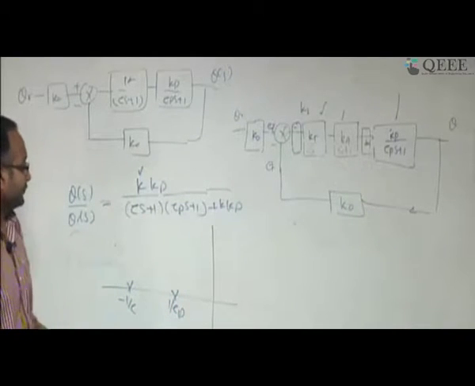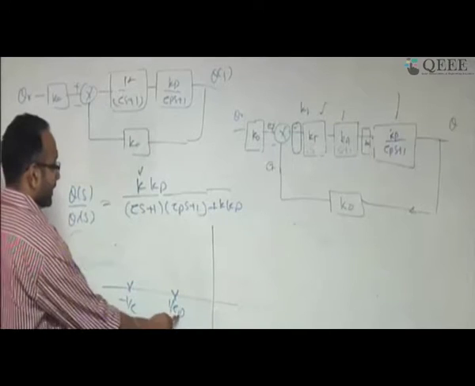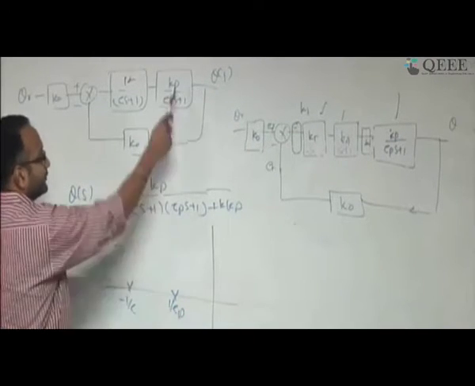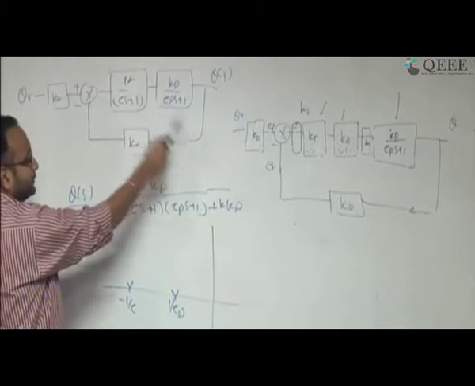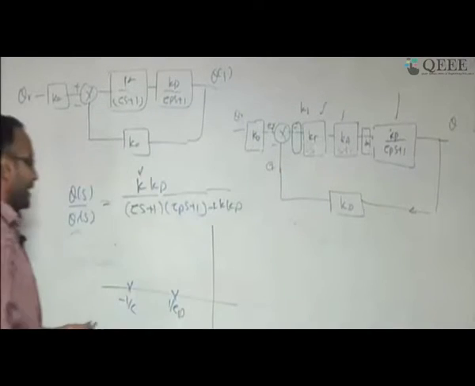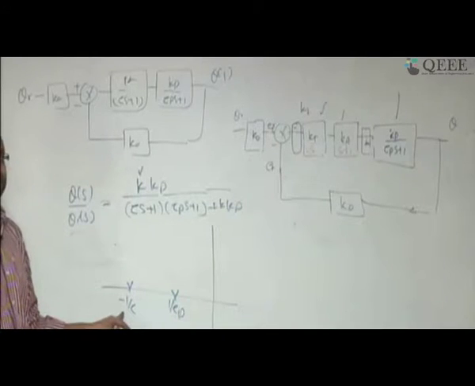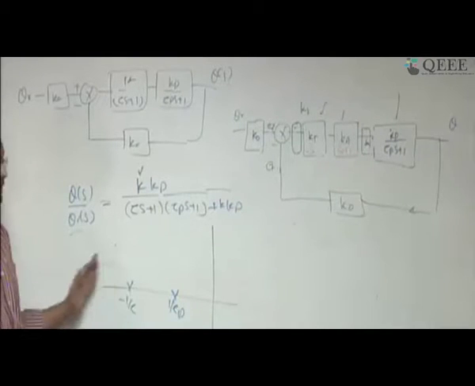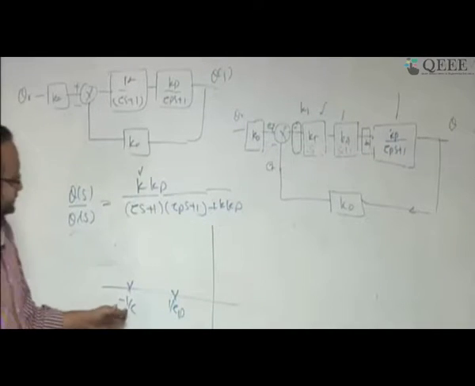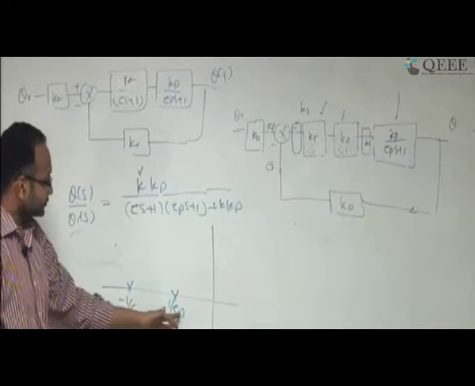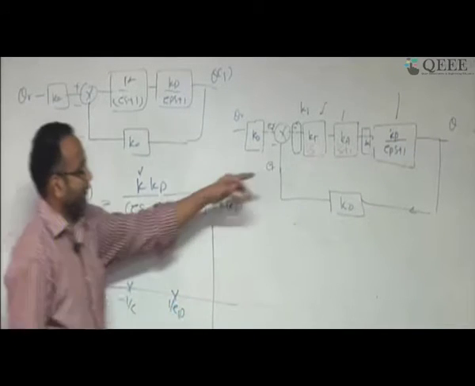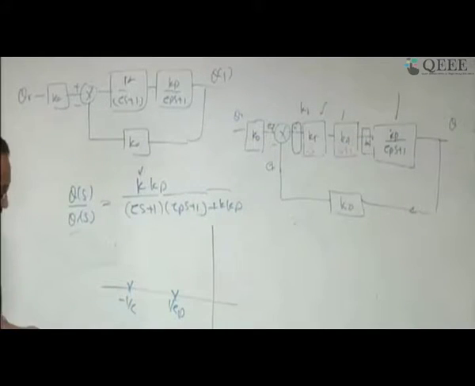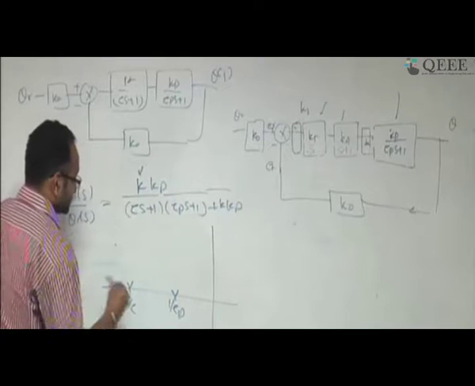So I am trying to look at the locus of the root, the way it is moving with respect to k. If you look at it, there are two poles, 1 by tau p and 1 by tau. This is the pole location of the system and this is the pole location of this component. I am keeping it here purposely. It says that if I move away from this pole, then my system is faster. So this system is slower than this component, and it's a reasonable assumption. Now if I keep increasing k, what happens?